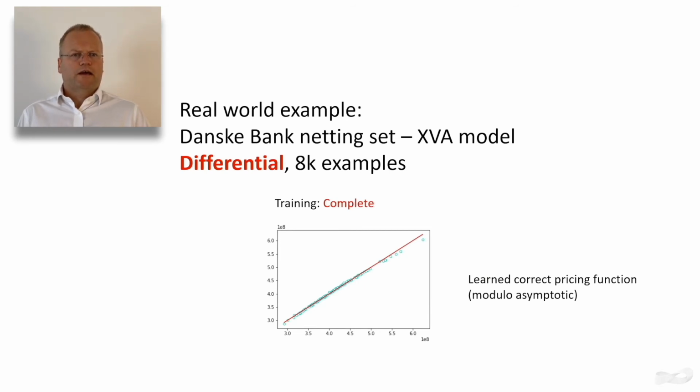Notice the inaccuracy on the right asymptotic. It disappears with 16,000 examples, but we wanted to show you the problem. Machine learning models typically struggle to learn a correct asymptotic behavior because we have little data from extreme scenarios. Specialized algorithms are needed to correct the asymptotic behavior of learned approximations, and they are discussed in detail in our